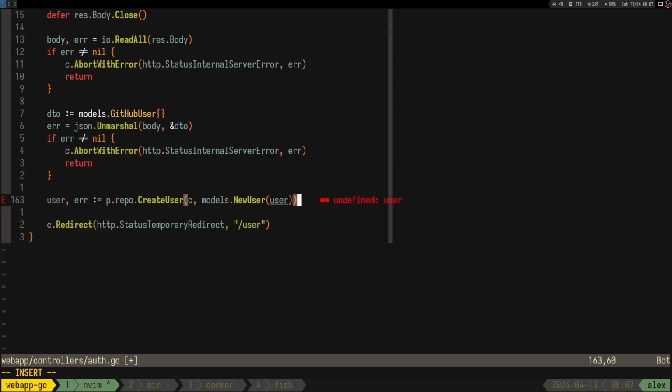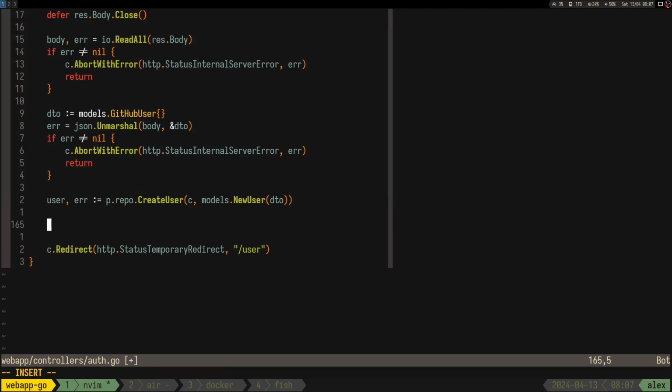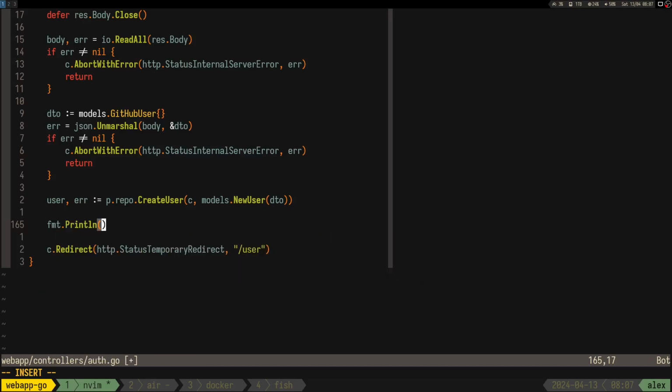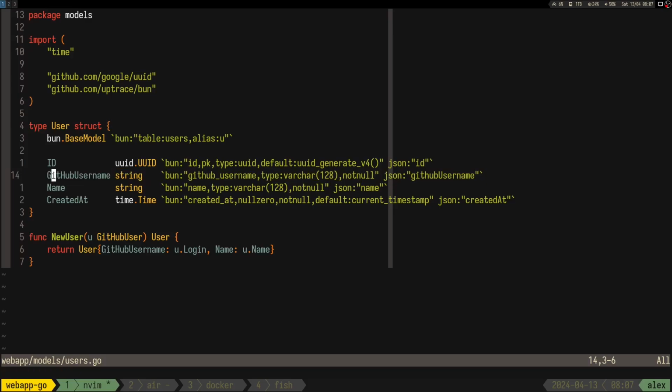Don't really care. Okay, now we have this user, right? So let's do again fmt.println user. And what I think I want is the GitHub username to be